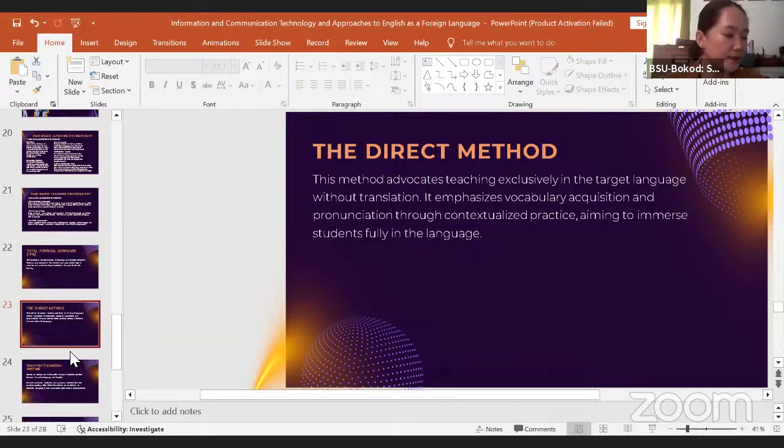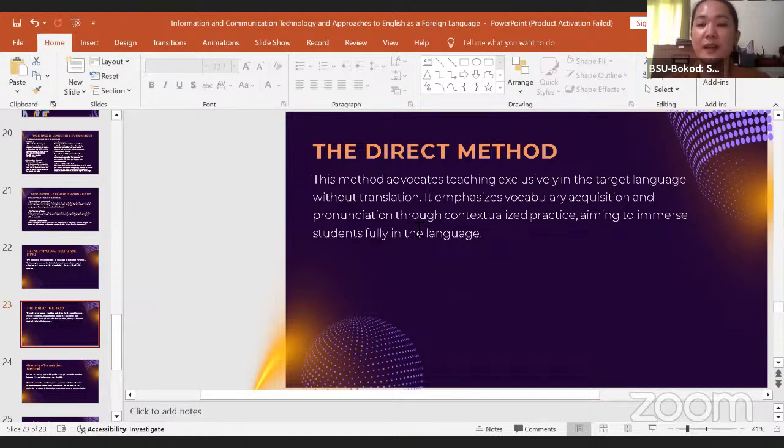Another one is the direct method. This method advocates teaching exclusively in the target language without translation. As a teacher, from the beginning of the class until the last, it will only be English. So no translation. Let the students understand and also respond to you in the target language.